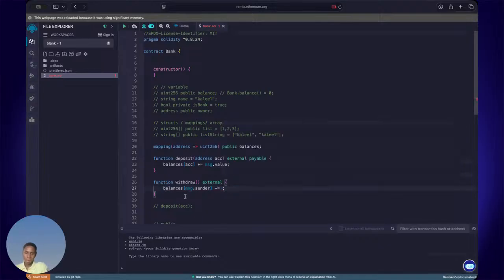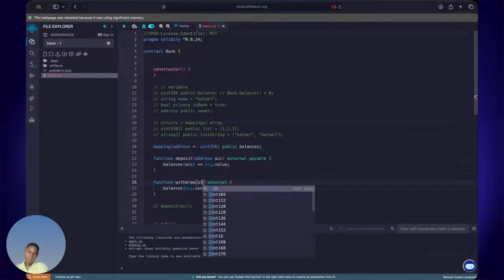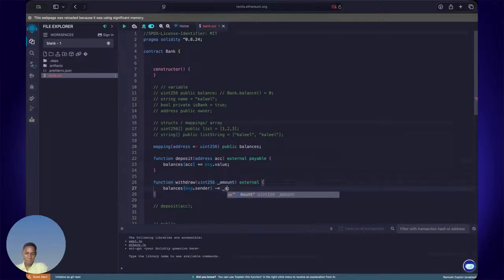Okay, so this is not it. In order to withdraw, you have to specify the amount you want to withdraw. So just putting that there, we have this amount which we are passing, and then you can just subtract the amount. Now this can serve as a basic deposit and withdraw function.